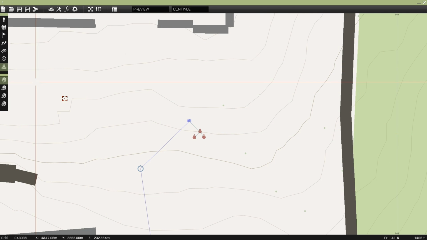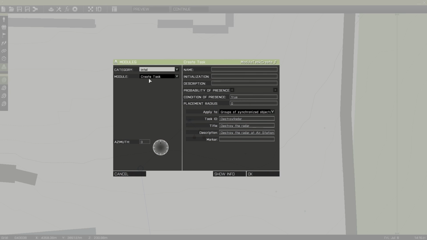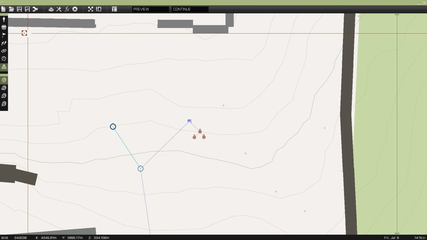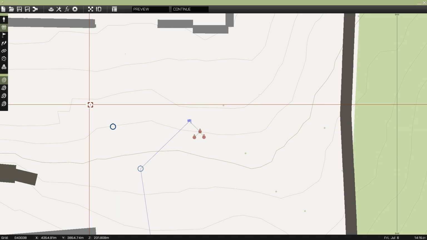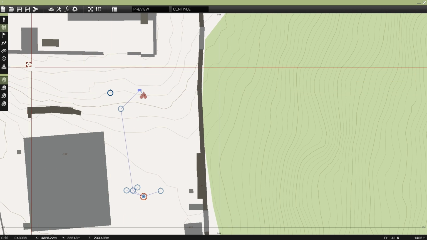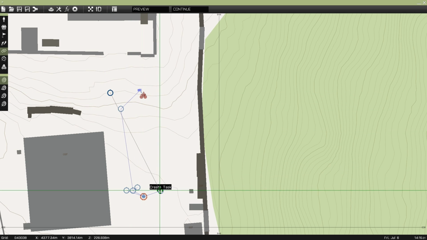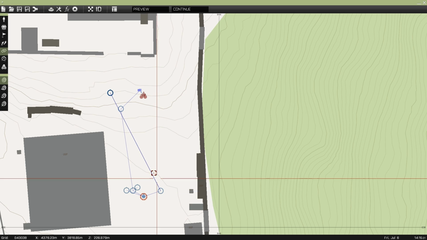So switch to modules and then double click somewhere up here, and then change the type to set task state assigned, and hit OK, and again ungroup it. So go to groups and drag to nothing, and then go to synchronize, because again we have to tell the set task state module which task it's setting the state for. So drag to the second task we created down here, and